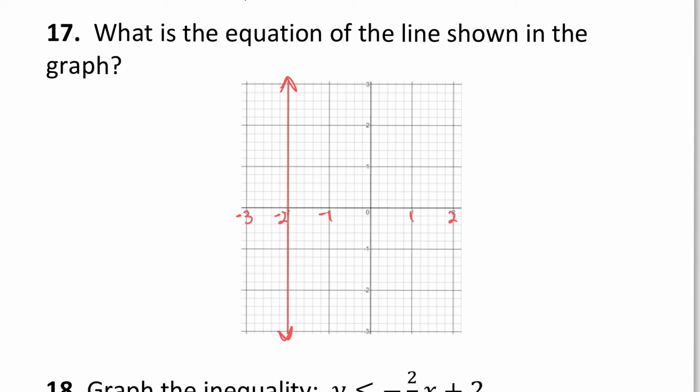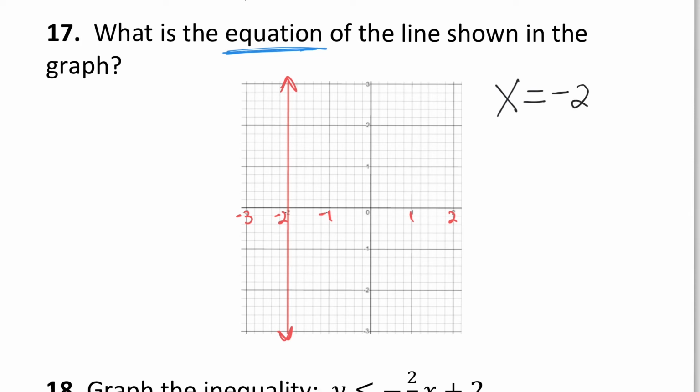So when you guys have a vertical line, your equation will not have a y variable. When you guys have a vertical line, you do not have a y. You're going to have an x. So you guys are going to start writing down the x equals, and then you guys are going to look where is it intersecting the x-axis. So we notice it intersects the negative 2. So you guys are going to have x equals